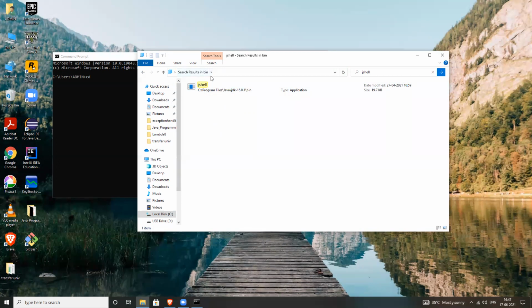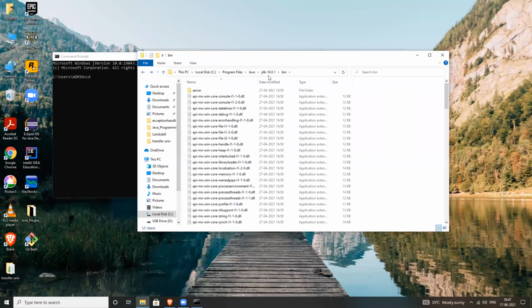Copy the whole path, until bin only. You need to copy till bin.